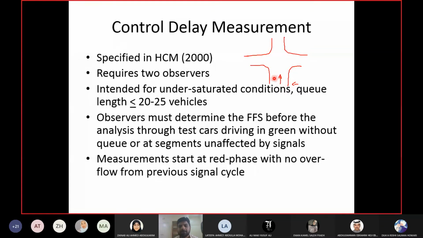Now if I do a spot speed study at this location, what will be the speed? Will it be free flow? No, everybody is stopping. It's an intersection, right? It's an intersection with a signal. So if I do a spot speed study in normal procedure, here the speed will be 0 or 10 or 20 kilometers per hour, which is not the free flow speed.